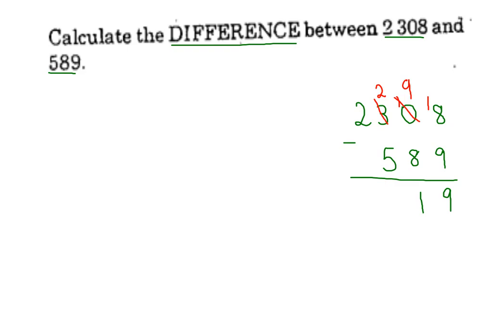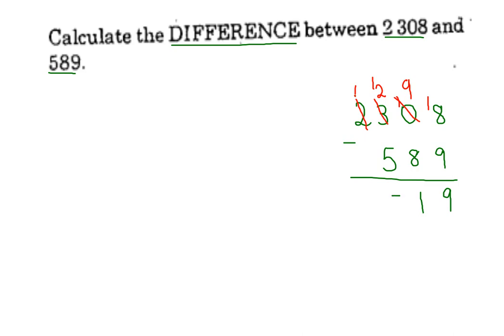So now I go to my hundreds column and we come back to the same sort of problem like before, right? You have a digit that's less than the one that you want to take away. So we go to our next position, which is our thousands position, and we borrow from the thousands position. We'll remain with 1 in our thousands position now, and we carry that group to the hundreds column. So we're going to add that to the hundreds column digit, and you're going to subtract 5 from 12. So when we subtract 5 from 12, we should get 7,